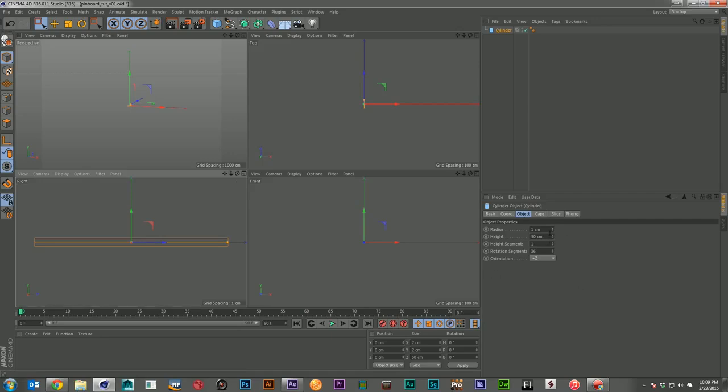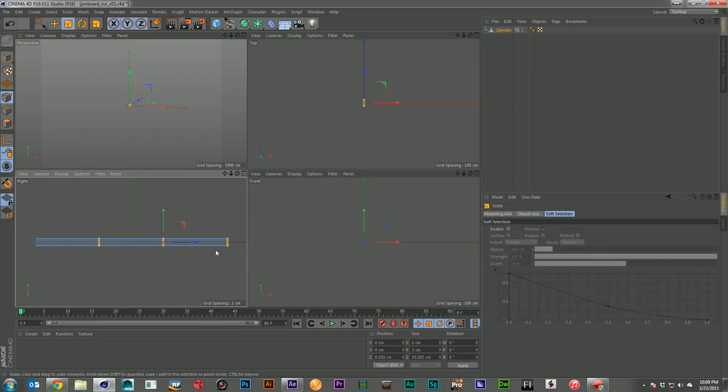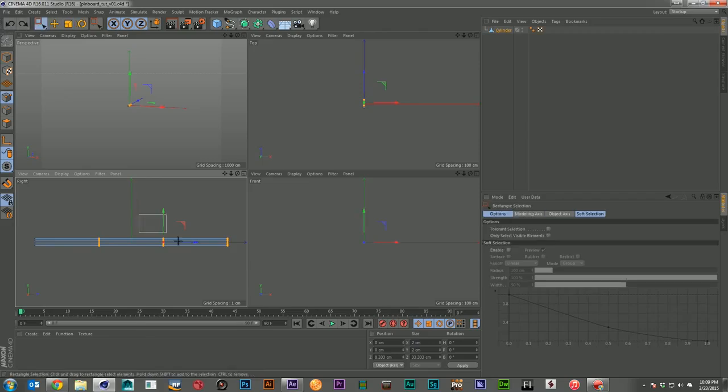And I'll go ahead and give myself a couple extra segments, and I'm going to reduce my rotation segments. We're going to be creating a lot of clones here, so wherever you can save geometry is really the best thing you can do for yourself. So I'll go ahead and make my NURBS object geometry, and then I'm going to come in and grab one too many sections.